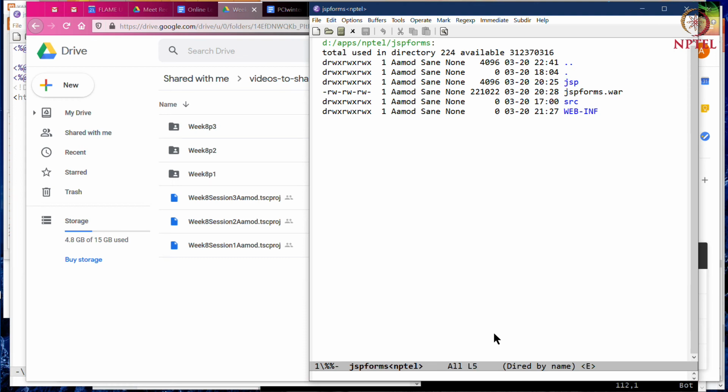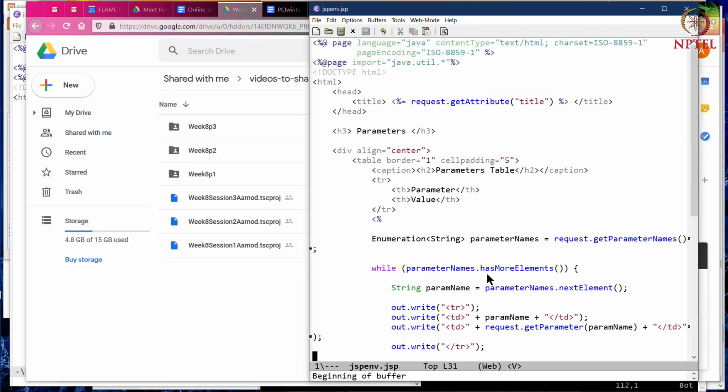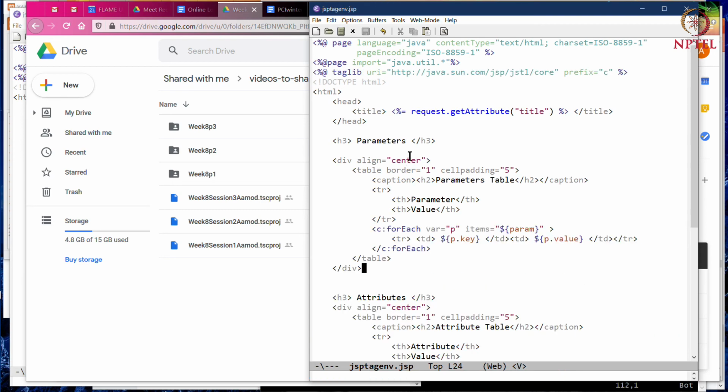If you look at the two JSPs, the differences are primarily whether there is just the JSP syntax with these percent signs and with this %@, versus the JSP tag, which contains these things, and the tag library is mentioned here.